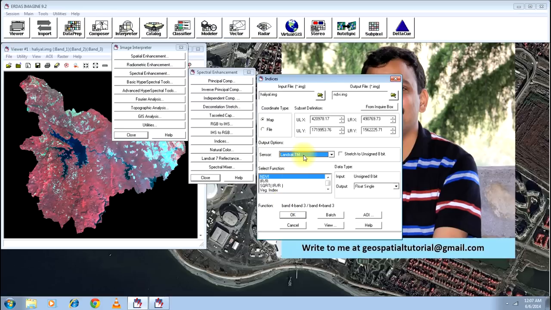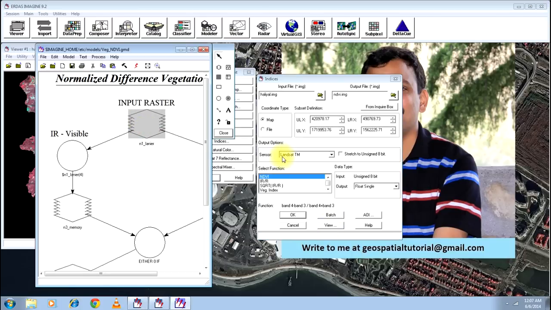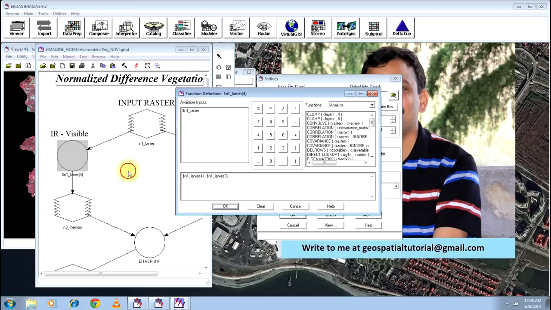You can select any of the sensors. If the sensor is not listed here, you can select any of the sensors and edit the function accordingly. Here you see this minus function. This one can be edited accordingly.